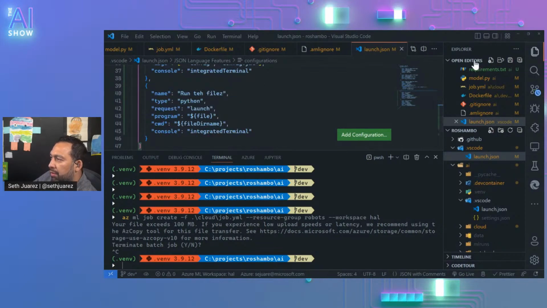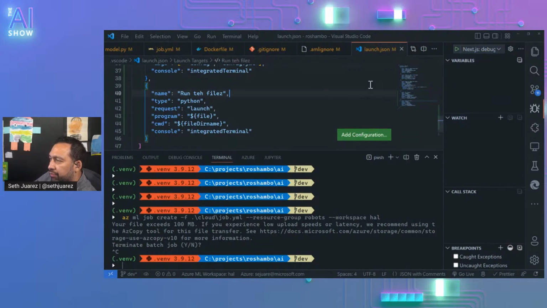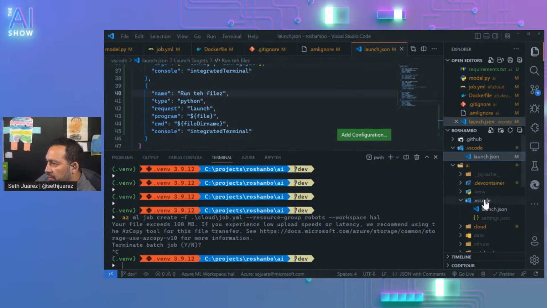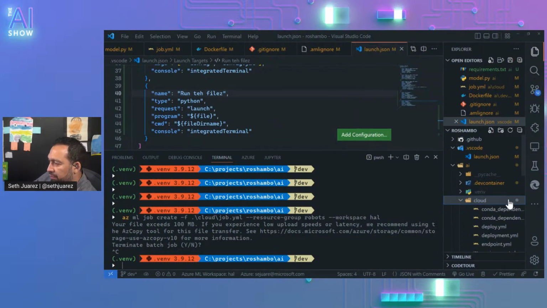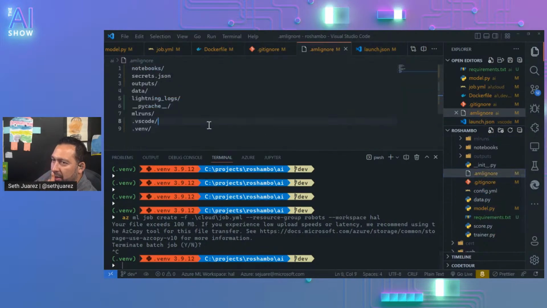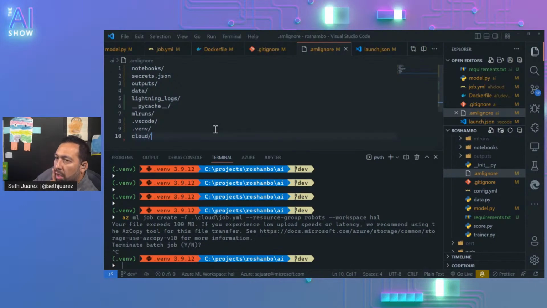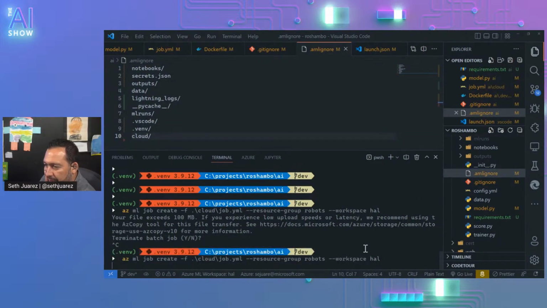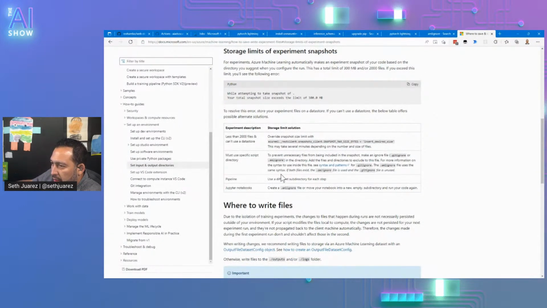Yeah. So now, for example, when we run, there are these things. So I can delete the VS Code folder here. Look at us. We're totally clean in here. This is amazing. We also don't need the cloud folder in the AML ignore. Okay, so there you go. This should fix it for us. That was good to read. I had never heard that. This is good. There you go.